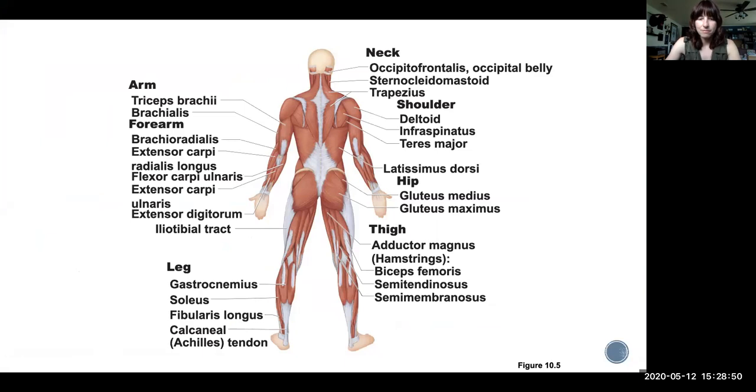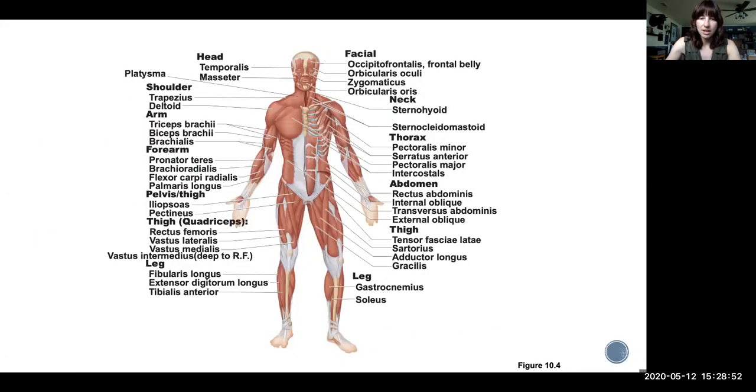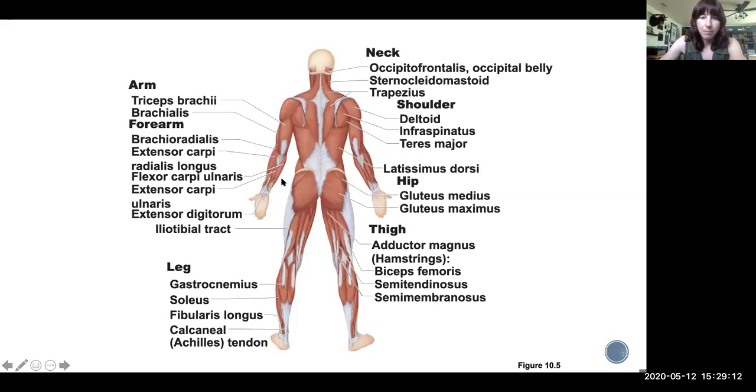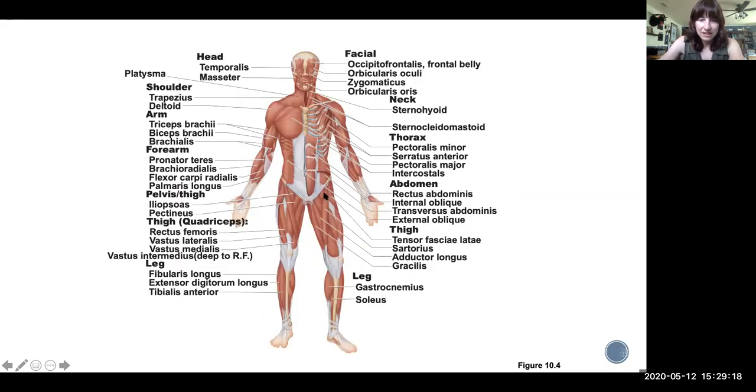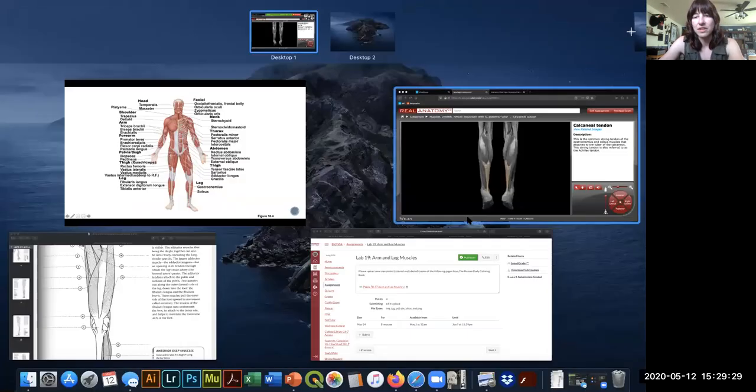Okay, so that's pretty much it. Those are the muscles of your arms and legs. You've got 3, 4 technically major guys of your upper arm, deltoid, biceps brachii, triceps brachii, and your brachialis underneath your biceps. And then in your forearm, you basically have 3 in the front, 3 in the back. And then on your legs, for your upper leg, you've got some of these deep muscles here that are going to be helping you to flex the thigh or flex your hip right here, right? Your iliopsoas, which was called the